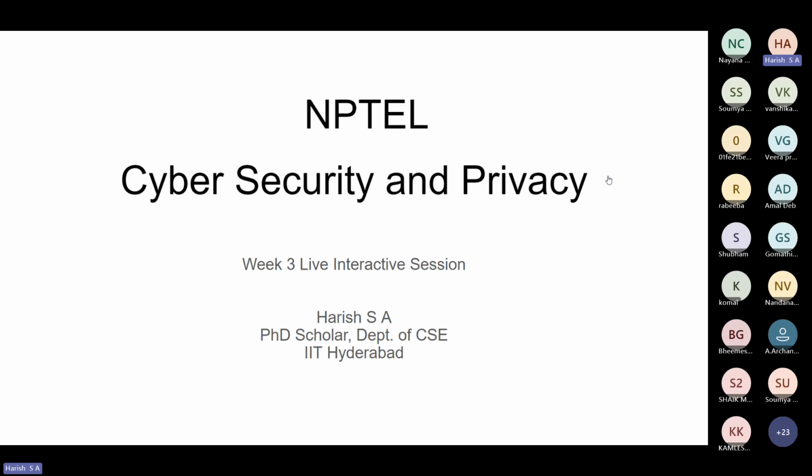Once again, let's try to rehash everything, and then towards the end of today, I'll be showing you a local setup of a virtual machine which contains a server, and this server is vulnerable to many exploits. It's got a lot of exploits, and we will try and exploit one of these vulnerabilities and try to gain access to the server unlawfully, right?